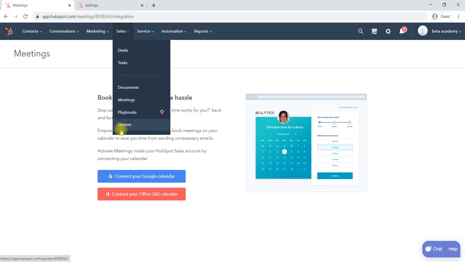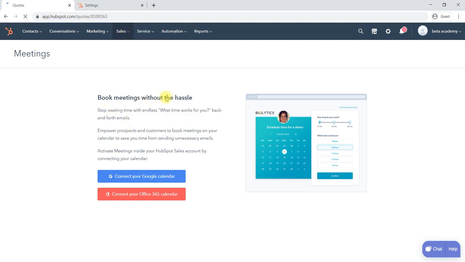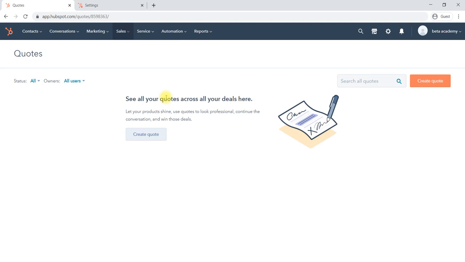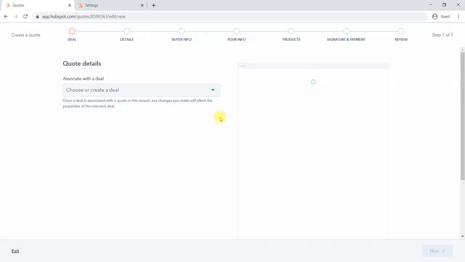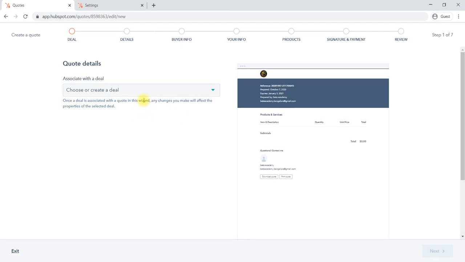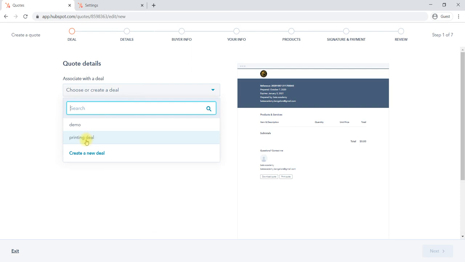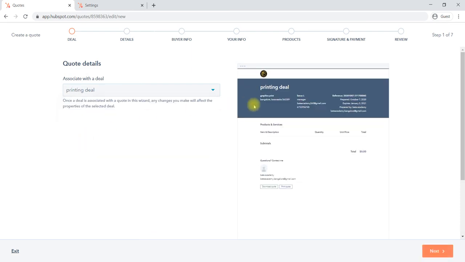Then it comes to quotes. We can create a quote. This is tied to a deal, for example, a particular printing deal. For a printing deal we can create one quote.